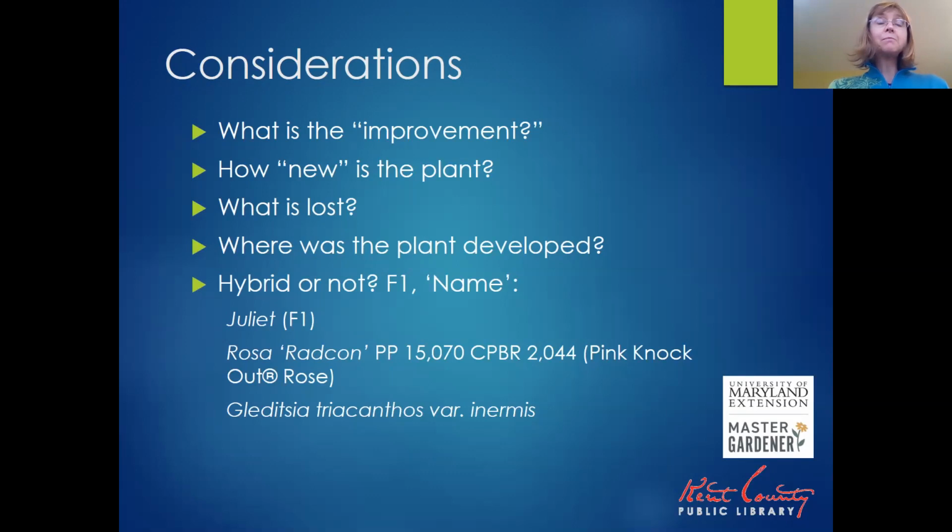However, often when you breed one thing into a plant, it means that you lose something else. And in the case of the knockout roses, that meant that the scent was completely gone. And of course, a lot of people like to grow roses because they smell so nice. Well, a knockout rose does not have any scent. So, something's got to give. You can't keep all the genes active and participating. So you kind of want to see